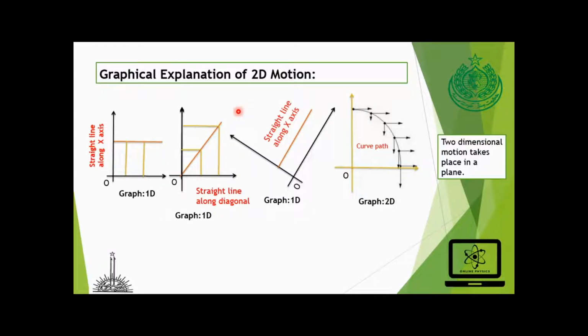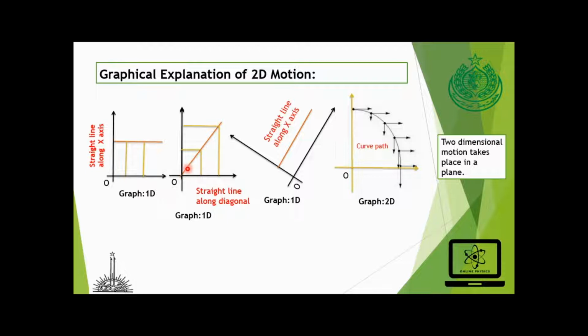Graphical visualization of 1D and 2D motion. Okay, let's see in this graph. This is the x-axis and this is the y-axis. This graphical behavior shows that the object is moving parallel to, along the horizontal axis. For example, in this point and this point only x is going to change but y is the same. So this is an example of rectilinear motion. So this is 1D.